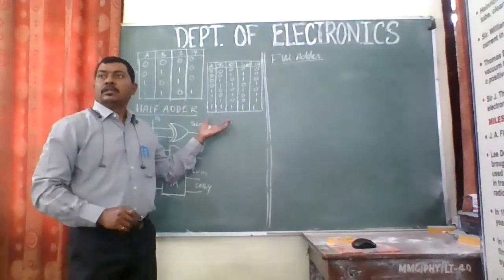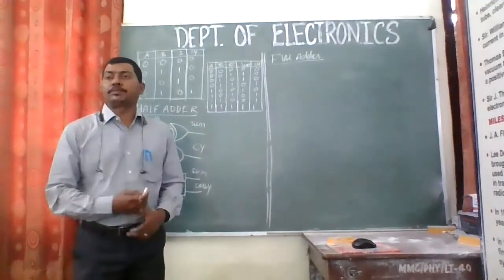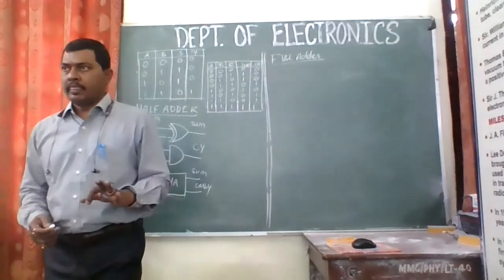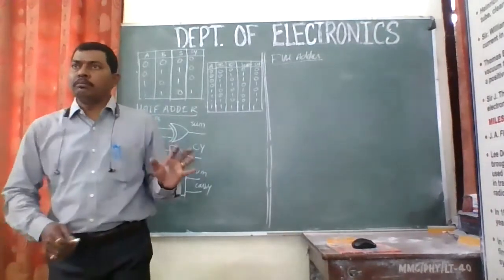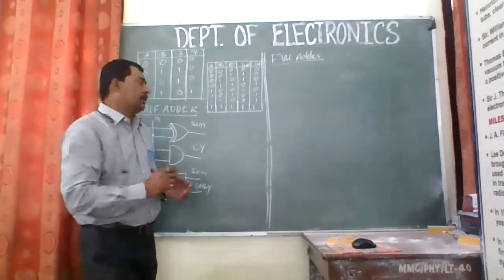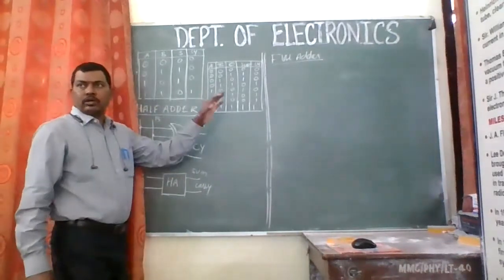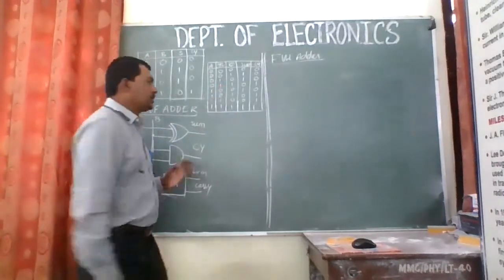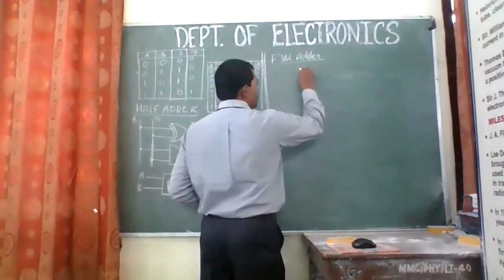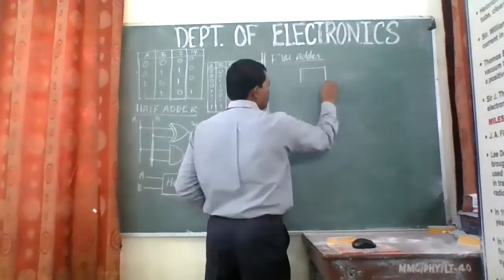So this is the truth table of the full adder circuit in which we are expecting to have three inputs, right? Now how are we going to implement that circuit, let's see. We'll first try with the block diagram, and then we'll try to convert it to a circuit, right? So I'll be using two half adder circuits over there.